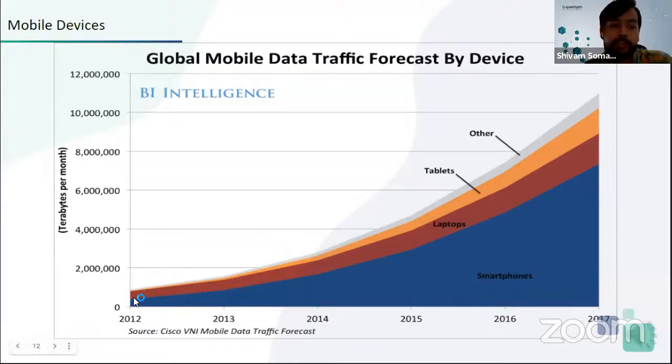You can see it is going exponentially. The use of smartphones has increased exponentially. We are using laptops right now for our virtual work, tablets and other things. So it's growing in terabytes, more than 12 million terabytes per month that are generated.